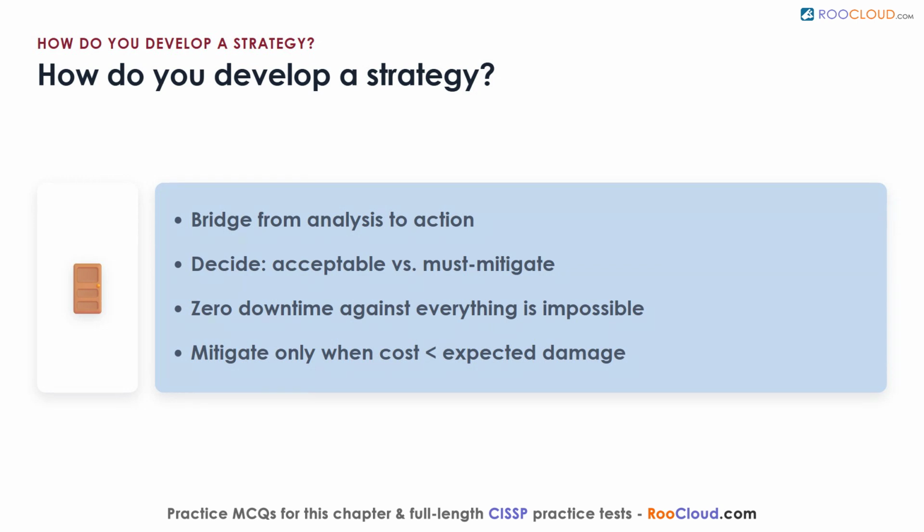Some calls are obvious. A blizzard threatening a facility in a desert is negligible and acceptable, while a monsoon in a region that floods must be mitigated. Cost always frames the decision, since it only makes sense to mitigate when the mitigation costs less than the expected damage. Think of it like choosing which home repairs to make before a rough winter. You fix the failing roof, but you let the squeaky door wait.